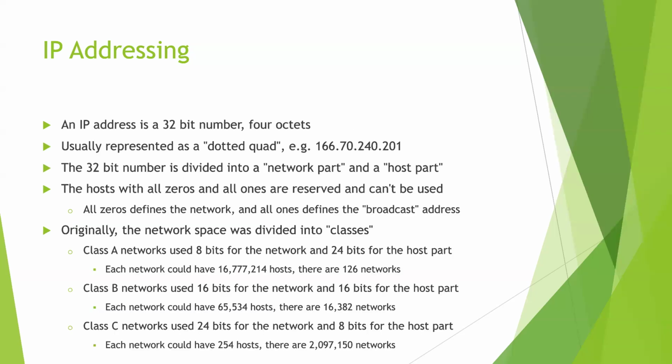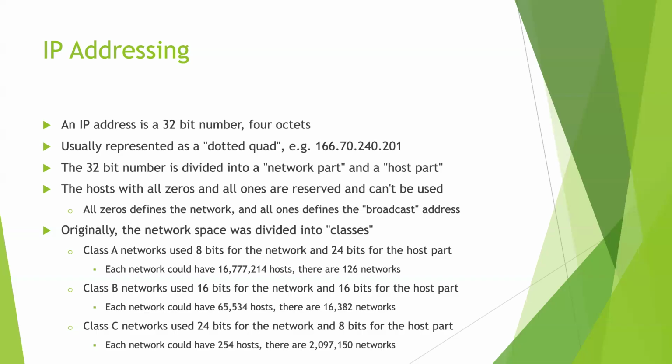Okay, so an IP address for IPv4, remember, is 4 octets long. It's a 32-bit number. It's usually represented as what we call a dotted quad. In this example, 166.70.240.201. Each of those numbers can be from 0 to 255. If you ever see, like, you're watching a show and they're doing a trace route and the first octet is like 327, you know that's fake because that number can't be bigger than 255. So you know they've just made that up, which is fine. They need to do that.